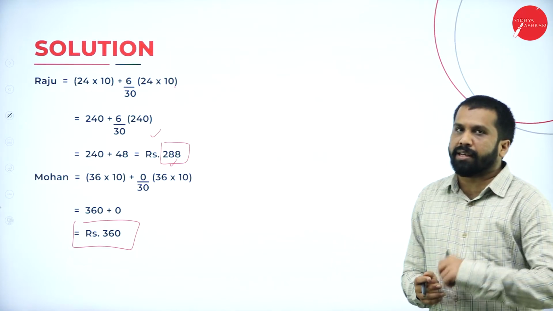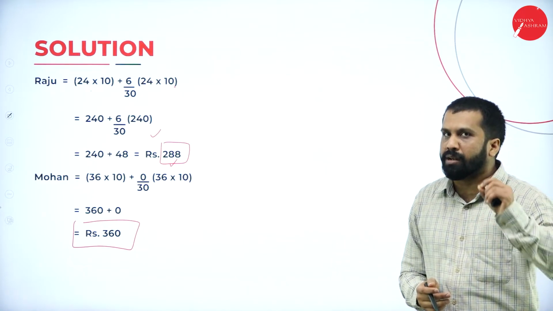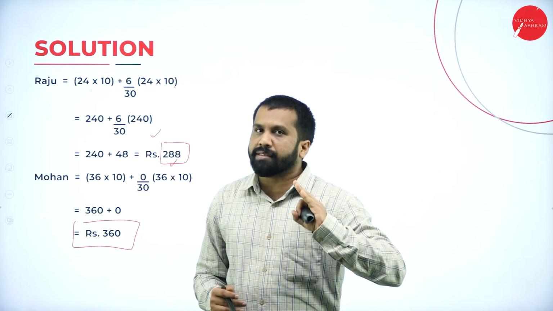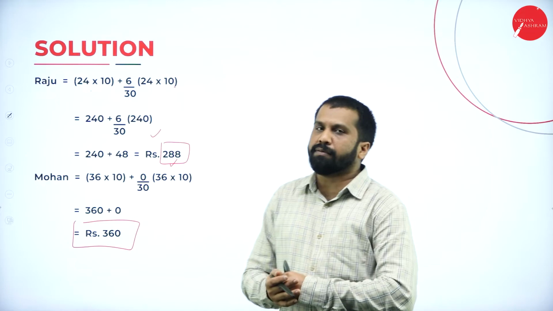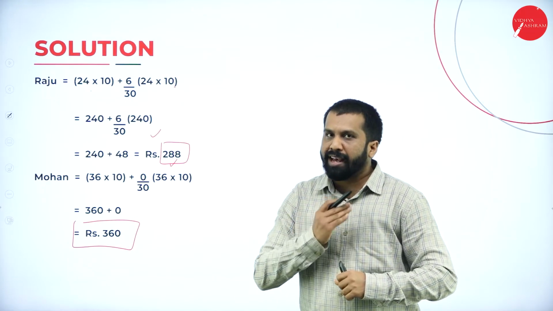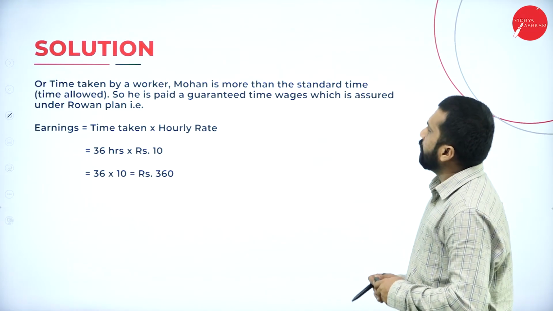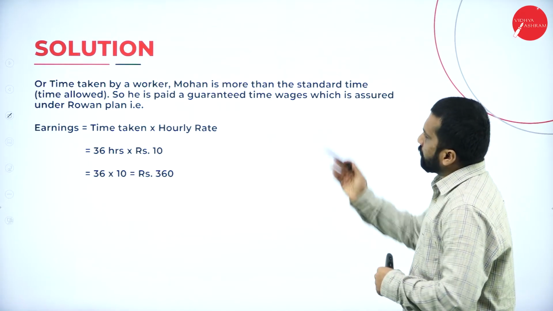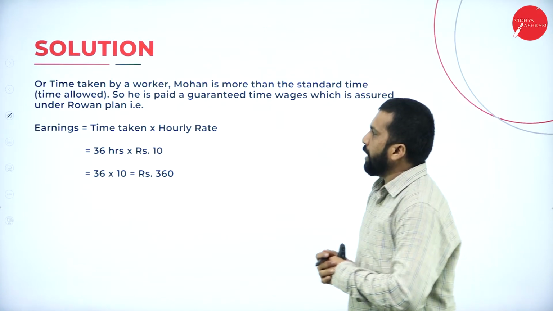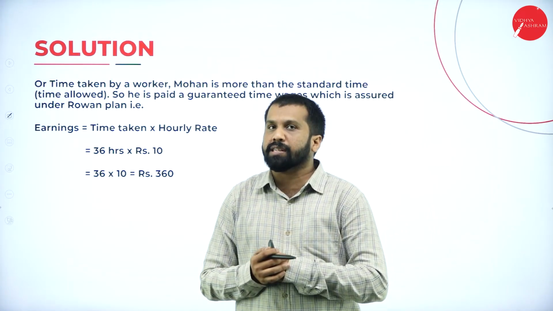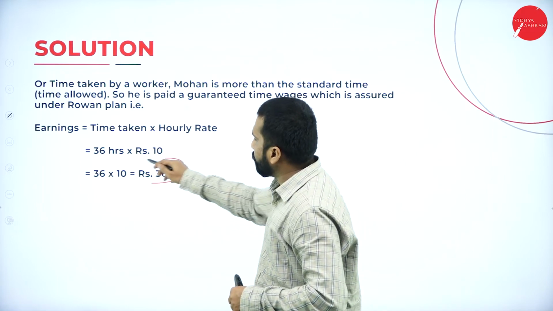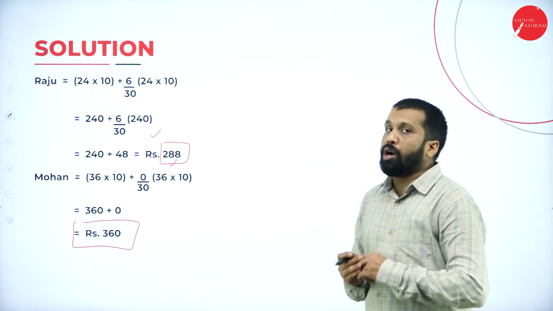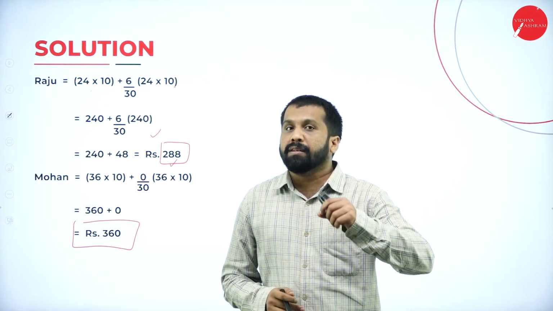You know how to calculate, the only thing is the working note. How do you find out the time saved, the standard time and time taken? That is a major thing. The rest of the things, if you know the formula, you can do any number of problems. So, same, time taken by worker Mohan. There is a clarification on why we have taken 0 as time saved for this calculation. So for the same problem, if they ask you how to find out the wages